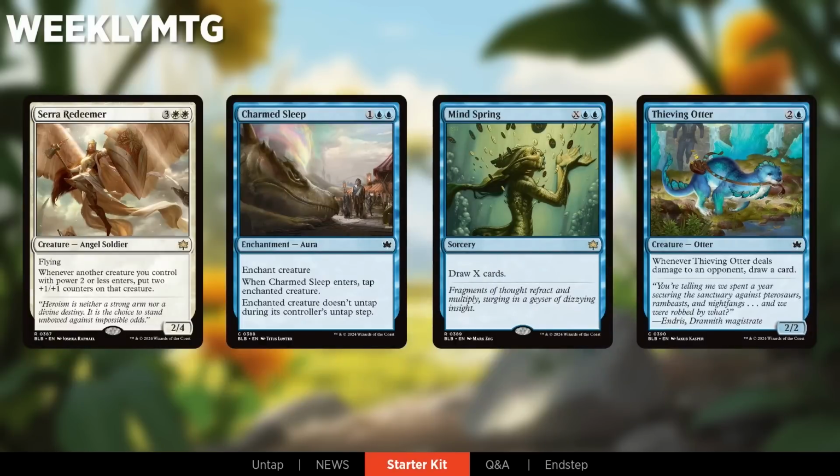They're all reprints, all with pickup art, so we're not going to spend a ton of time on them, but we can show them off real quick. So we've got Sarah Redeemer, Charmed Sleep, Mind Spring, and Thieving Otter. You got to have a cheeky otter in there. As well as